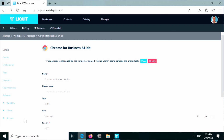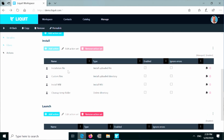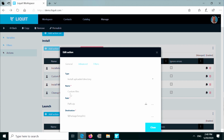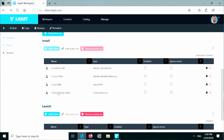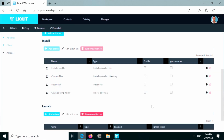So now you see it's already downloaded and already configured in Liquit Workspace, and we've created several tasks. We created a download task for the MSI, which will be downloaded to your package temp. We've created a download task for your custom files. That's your transform file, your answer file just created. We've created the installation sequence, so we're going to install the Google Chrome Standalone Enterprise MSI with the silent parameters and the log file location. And we're going to apply the transform file, which we've just created upon your answered wizard. And last but not least, we're going to clean up our own mess. So we clean up the temp again, and your application is fully ready for your end user to test,